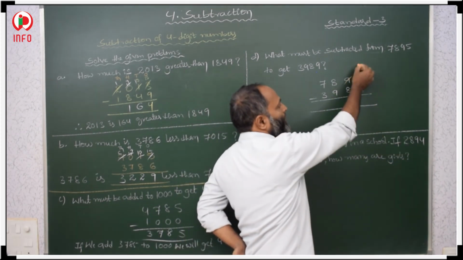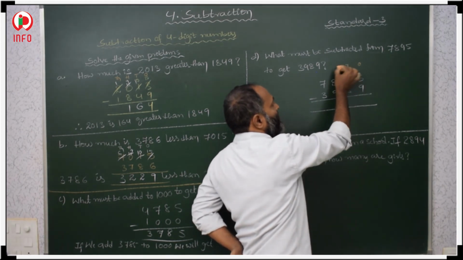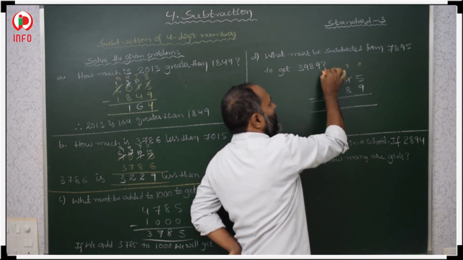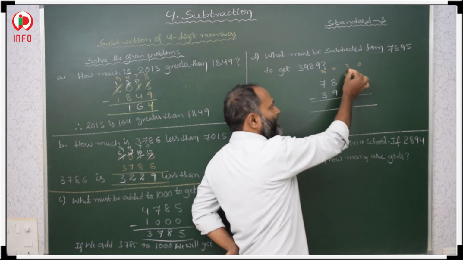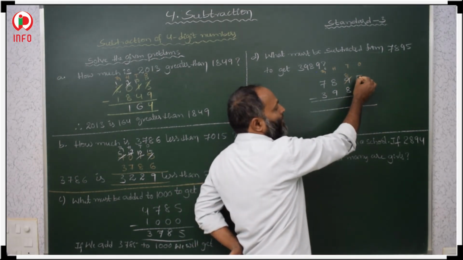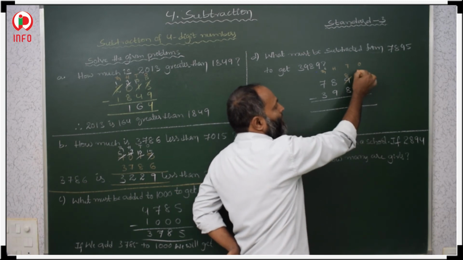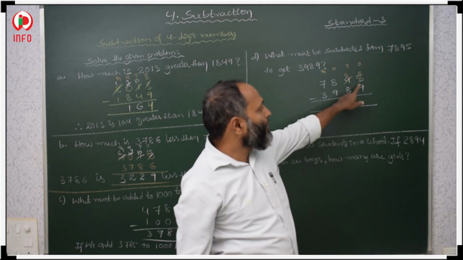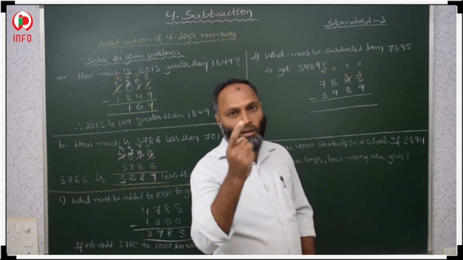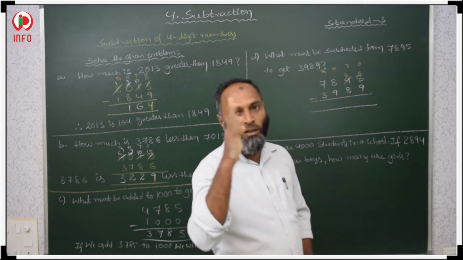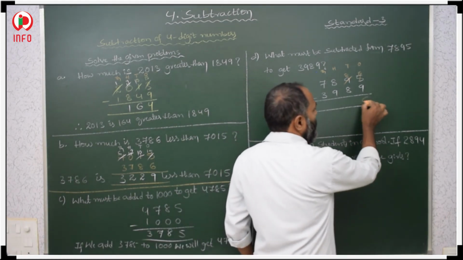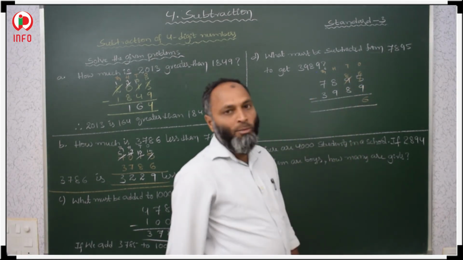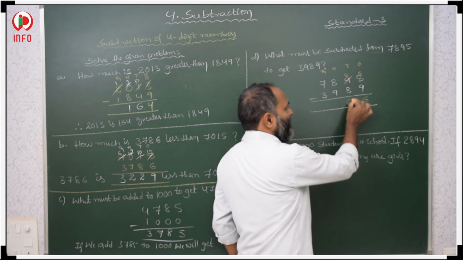This is ones place, tens place, hundreds place, thousands place. From tens place take 1 ten, 8 tens left. 1 ten is equal to 10 ones. 10 plus 5, 15. 15 minus 9 means 10 to 15 we have to count. 10, 11, 12, 13, 14, 15. It is 6. 8 minus 8, same number minus itself, 0.